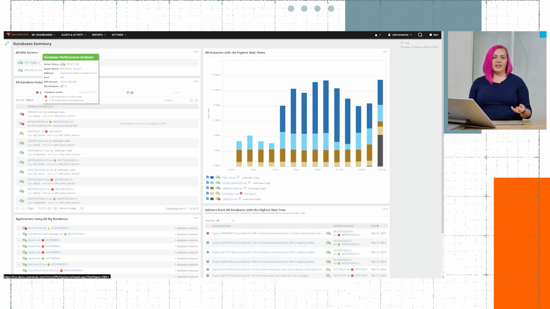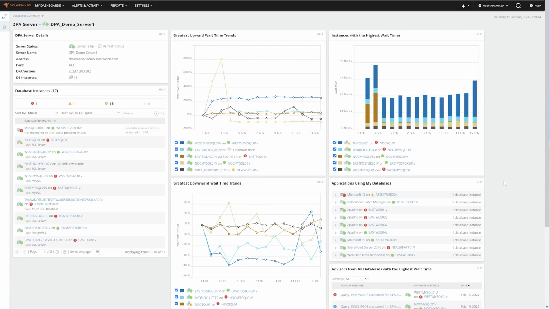Database Performance Analyzer has built-in machine learning and things like that to learn and figure out where those anomalies are, where they can make recommendations. They can tell you about query tuning, and we can't really do that with our self-hosted offering all on its own. These are insights that are being pulled from Database Performance Analyzer into our self-hosted solution so that you can kind of see things in the same place.